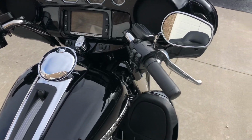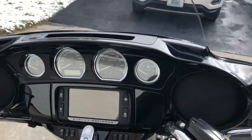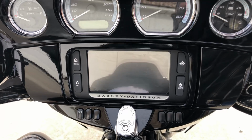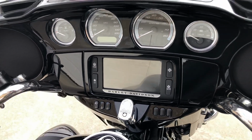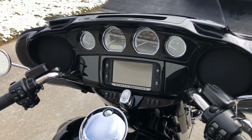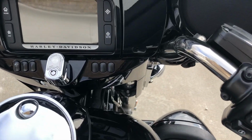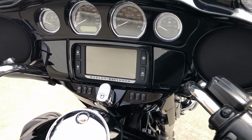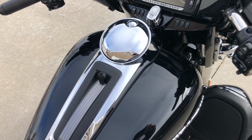Being the limited model, it has the painted inner fairing, the 6.5-inch boom stereo system. It has GPS navigation, AM, FM, weather band, Bluetooth. You can link your phone or your iPod with your music into the system through the Bluetooth, or put your phone or iPod in a secret compartment and plug it into the system. It has the intercom for communication with your passenger,